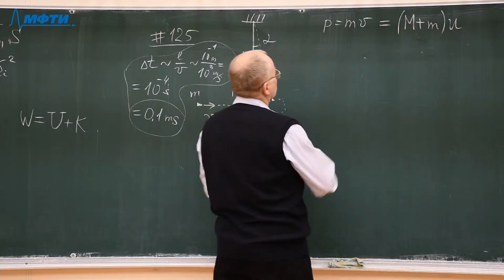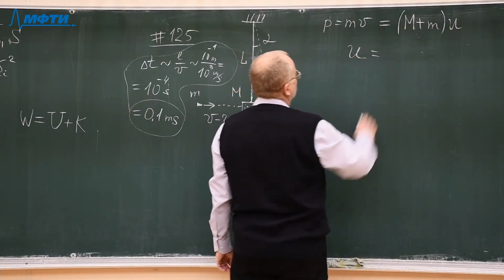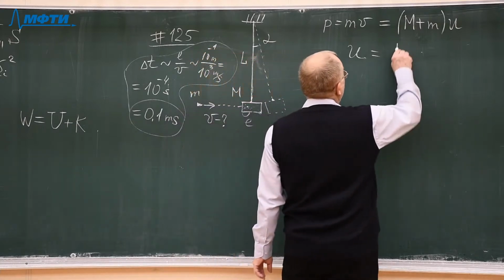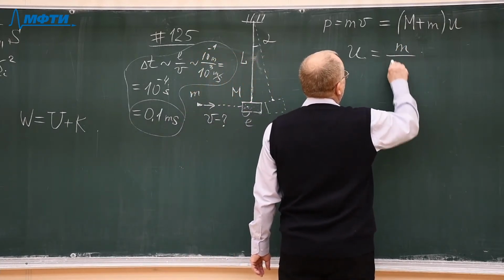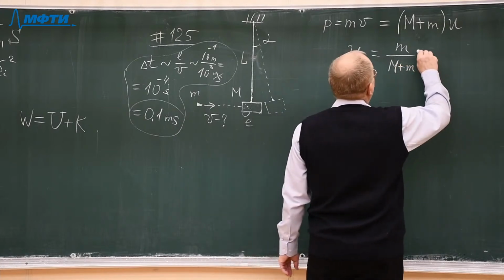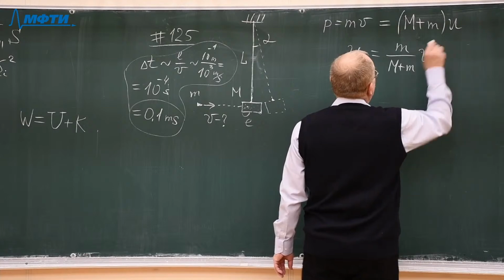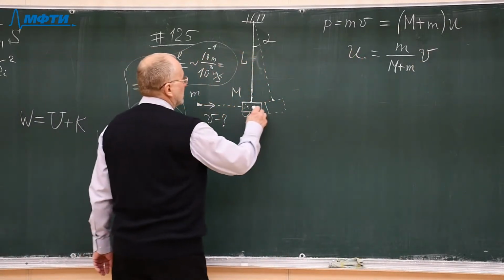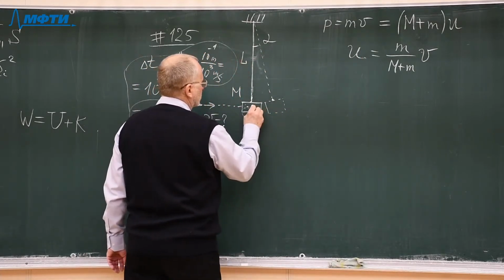From this, we can easily calculate the final velocity of the box with the bullet inside it. The final velocity will be m over capital M plus lowercase m times the velocity of the bullet. That will be the initial velocity of the box after the bullet,